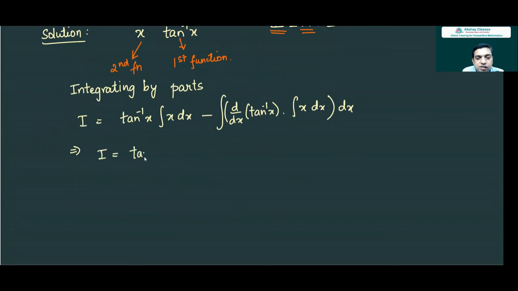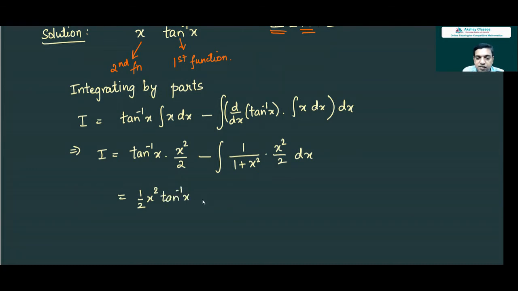So this is tan inverse x times x square upon 2 minus integral of, derivative of tan inverse x is 1 upon 1 plus x square, times integral of x, which is x square upon 2, dx. So we have half x square tan inverse x